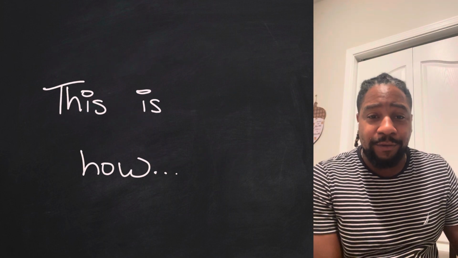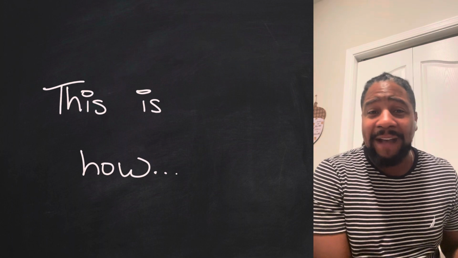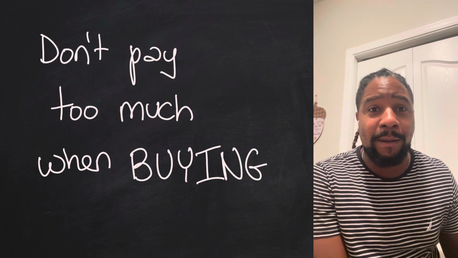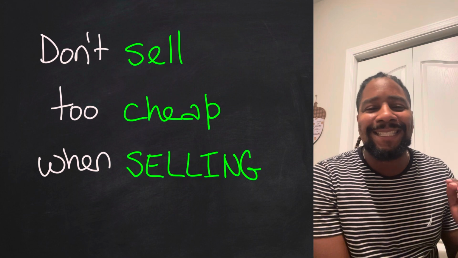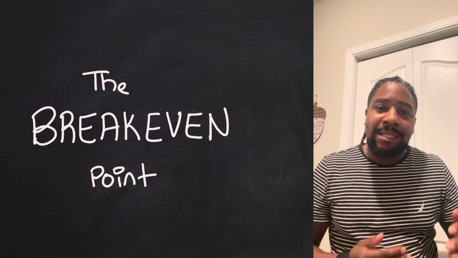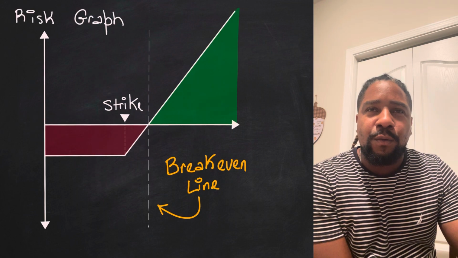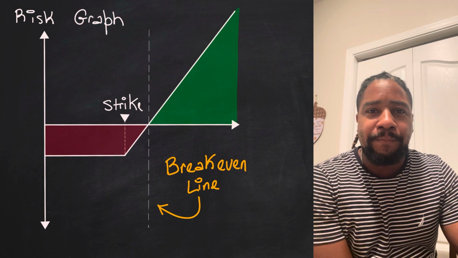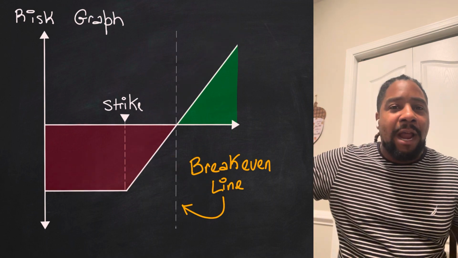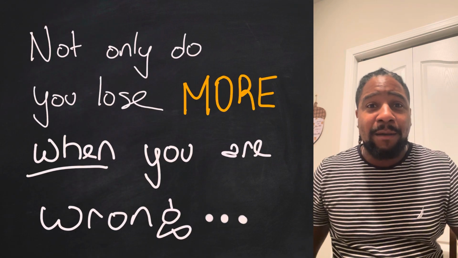As an options trader, the easiest place that I found edge is the price that I pay when I'm buying options, whether I'm paying a debit, or the price that I sell at while I'm selling for a credit. That is it. The reason why that's edge is because of my break even. When you buy an option and you overpay, you pay too much, your break even is far away from you. So you are disadvantaged to break even and make a profit.